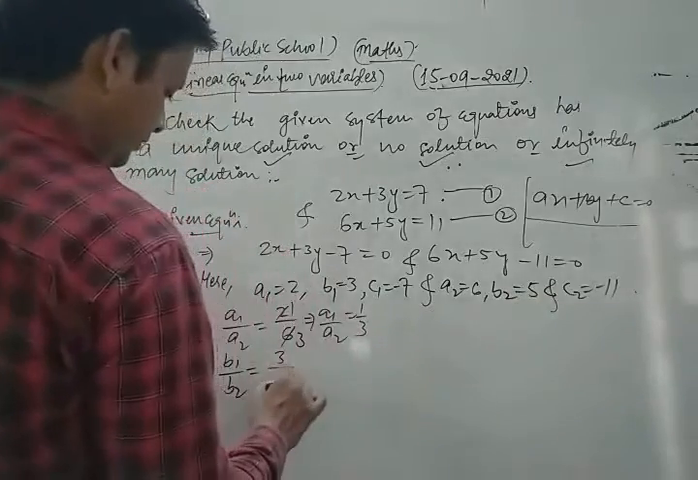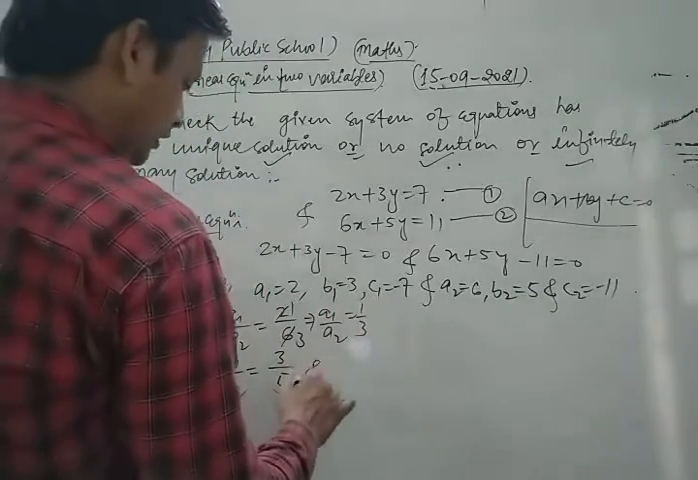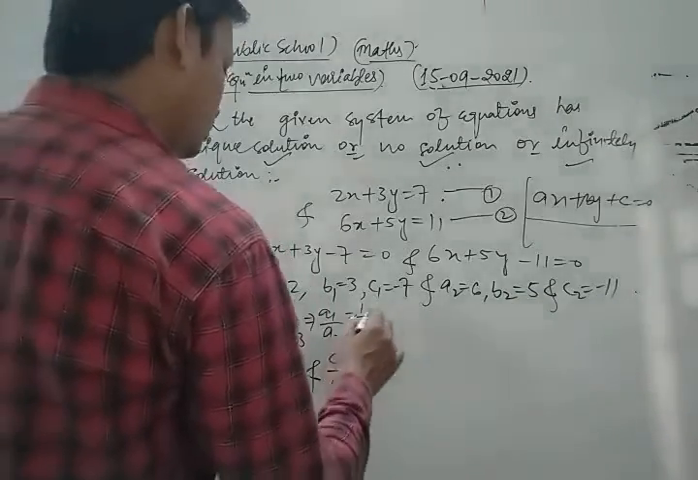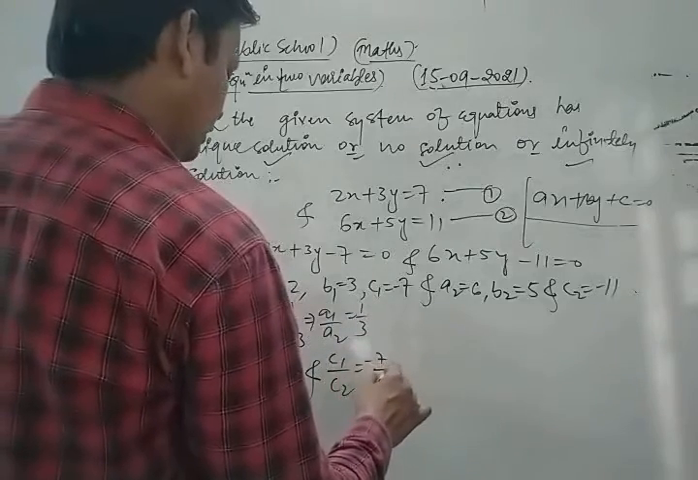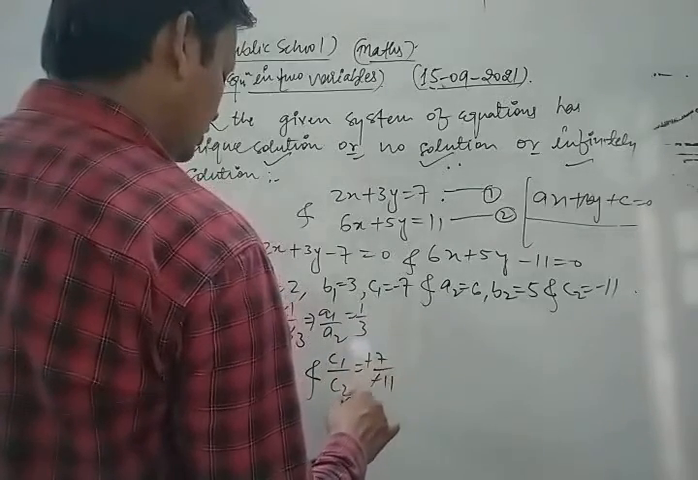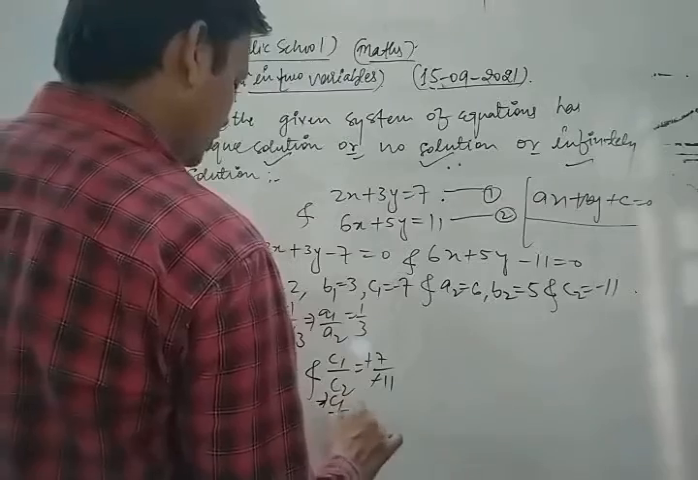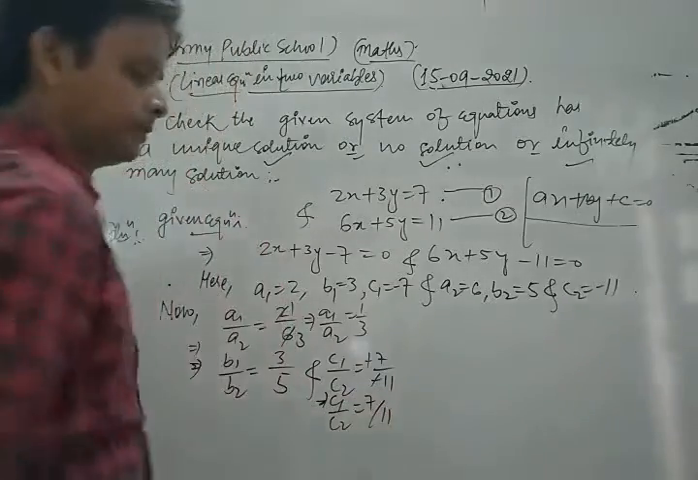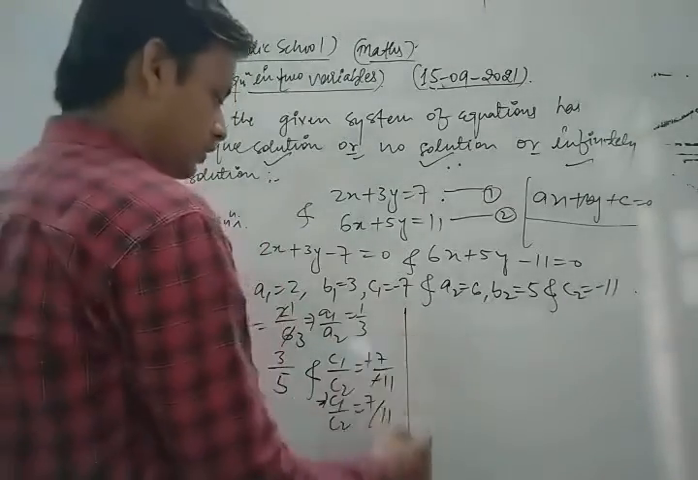So c1 upon c2, that is what? Minus 7 upon minus 11. So minus 1 cancel to each other. So we get c1 upon c2 is equal to 7 upon 11. Thus,